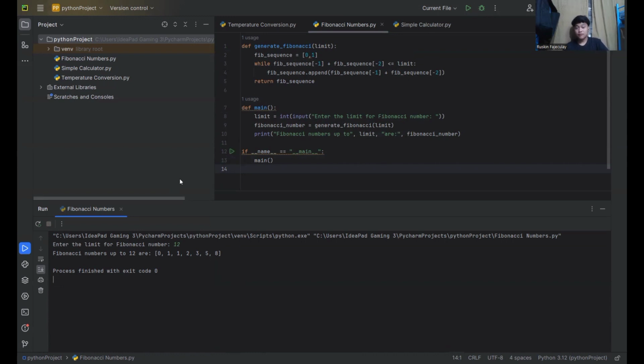This is my code for the Fibonacci number. So I think, okay, that's right. So I will explain to you